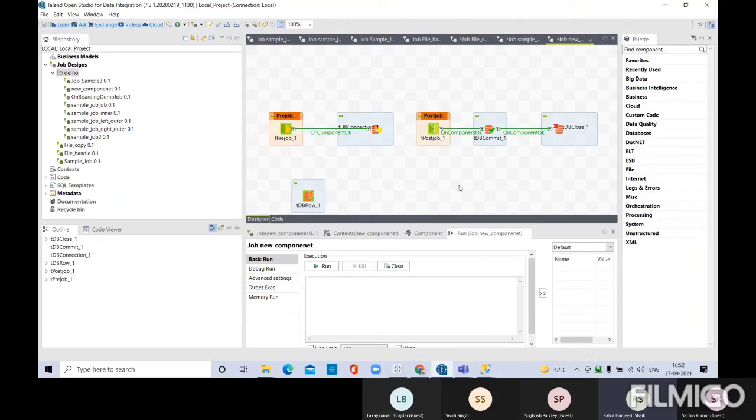So open connections and all will come as part of the pre-job component, and all your commit, rollback, and then DB close connection. Let's say you are using 4 different databases and you need to connect to them using 4 different components. That time you will have one after other: tPreJob, SQL connection, Oracle connection on component OK, and then MySQL server on component OK.